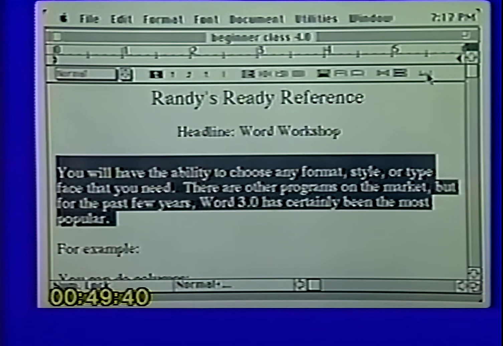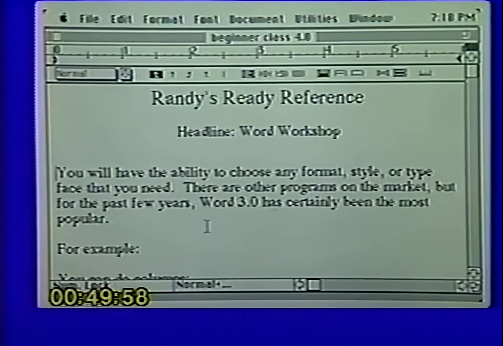Now, for you 3.02 users, you remember a little X sitting over here. The little X cancels all your commands in your ruler. You will now notice that there is a little scale icon, and we'll be using that in a few minutes. So those are the options between the 3 and the 5-inch mark. All right, now what we want to do is go into margins. We want to set margins.